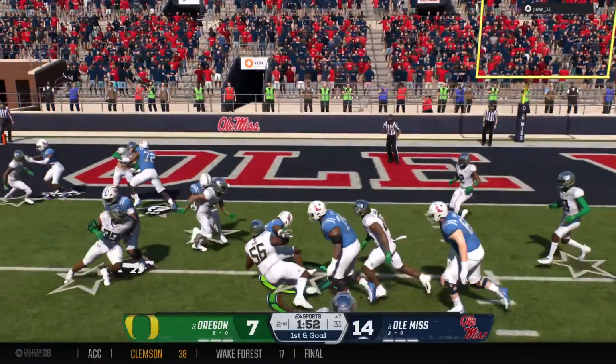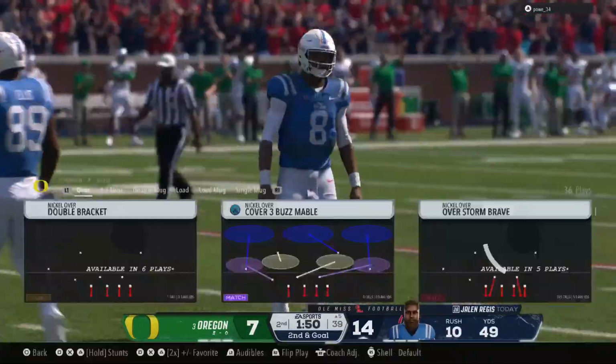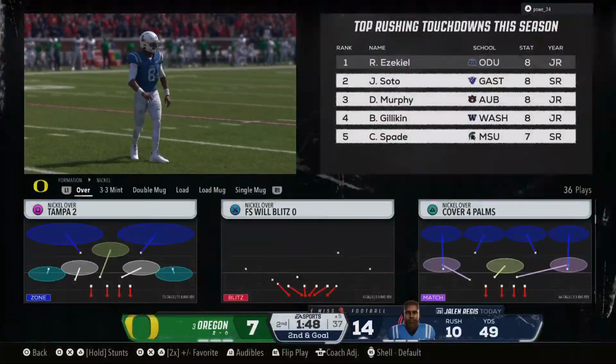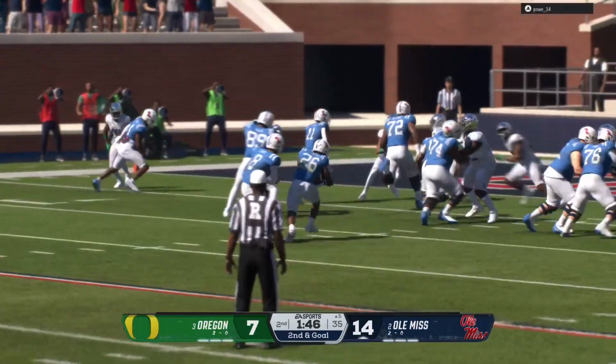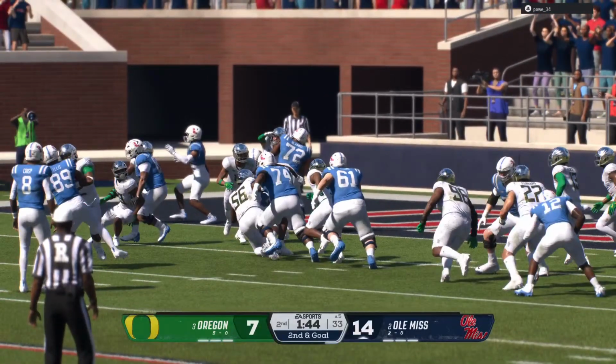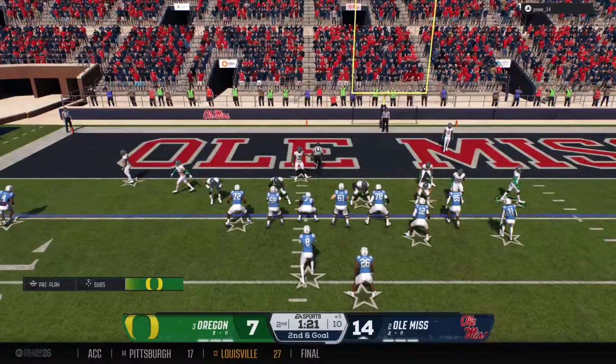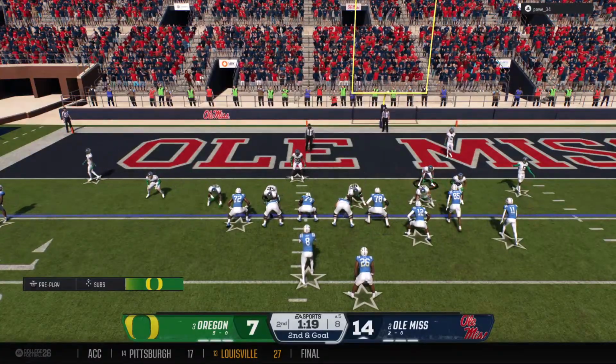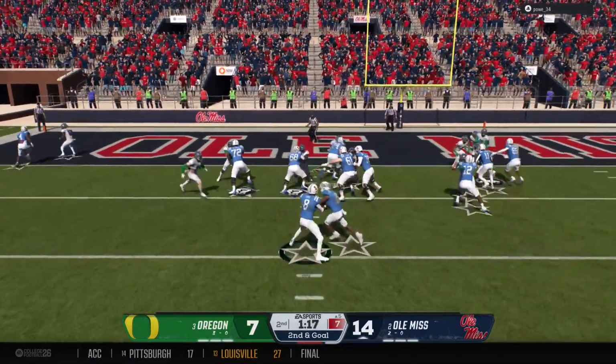Here comes a handoff. And the freshman brings him down quickly. A pretty good push up front here by this offensive line to get some positive yards. You wonder if they're going to be able to run it in, or they're going to have to spread this defense out and try to find a one-on-one matchup and put the ball through the air for the touchdown.